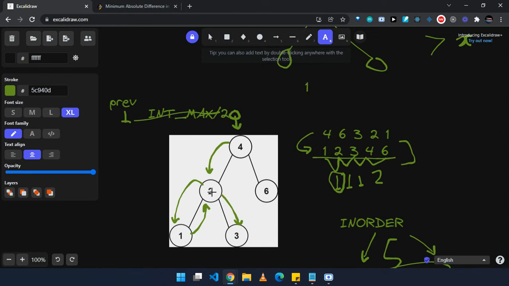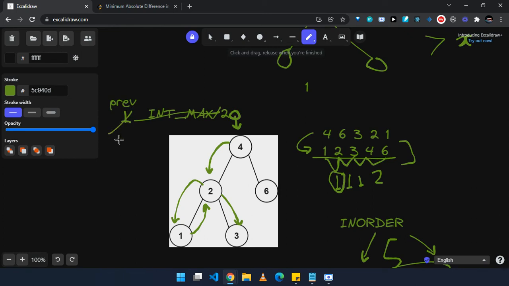And after we come back from this node, we will edit the previous value. So previous value will be not 1, but this time it will be 2, and it will pass on to the next node on the right side. Now on the right side it will pass, and the value stored in previous will be 2.